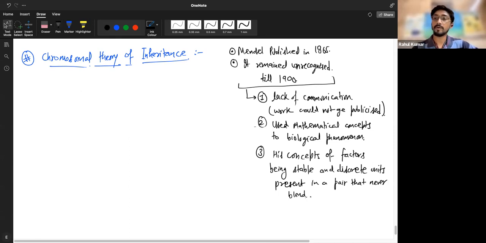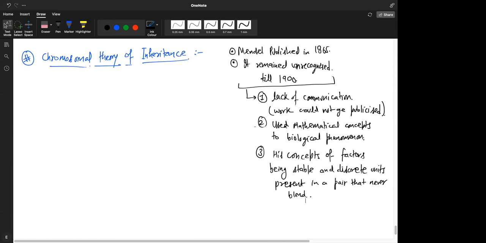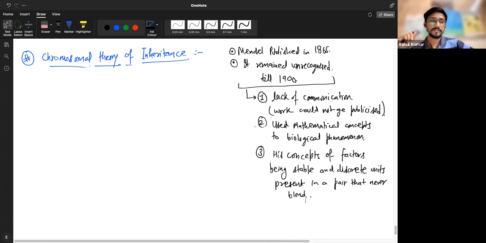Because Mendel did not know about incomplete dominance, he did not know about linkage. So about the exceptions, he knew nothing. All he knew was that these factors never blend. So this was not accepted. Write down, they never blend, was not accepted by biologists,